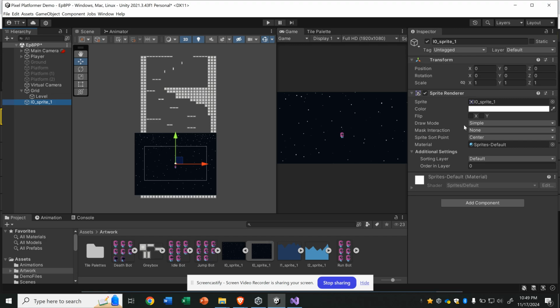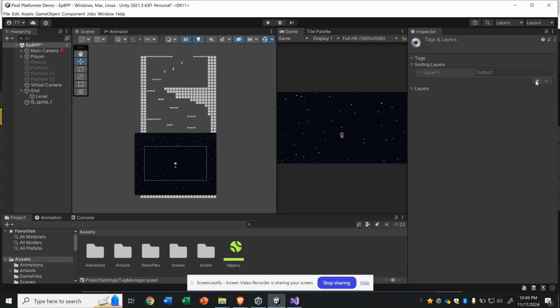So the layers can be a little bit confusing. We do have these layers that we are utilizing for collision purposes. Okay, so we're going to leave that alone. But we also have something called sorting layers. And the sorting layers, we only have default so far. So we're going to add a layer here. We're actually going to add a few. So right now, I want to add a new layer, and we're going to call this one background